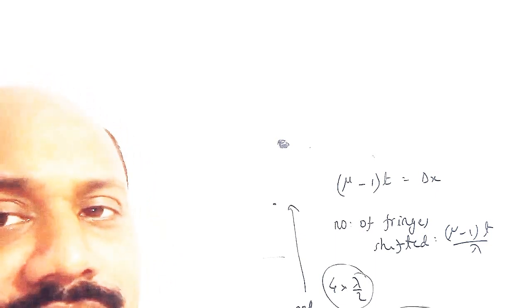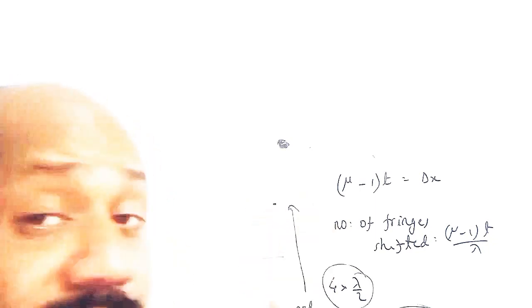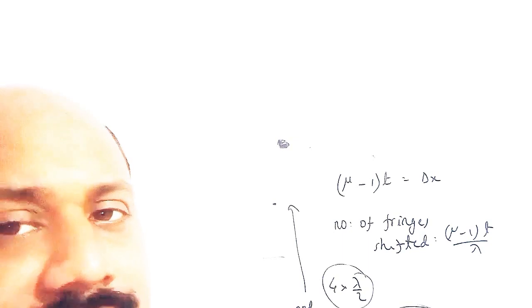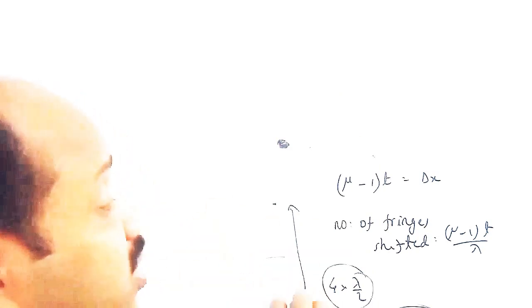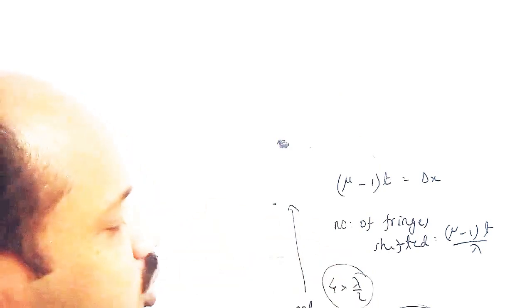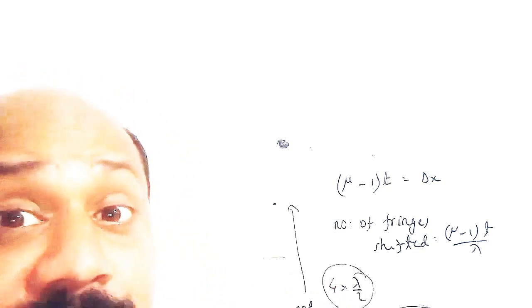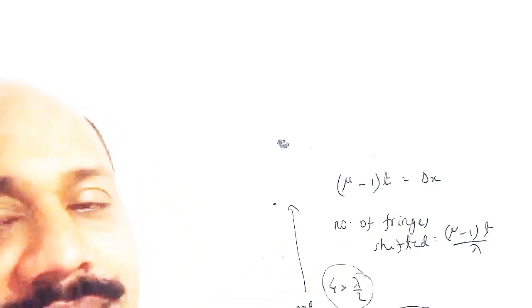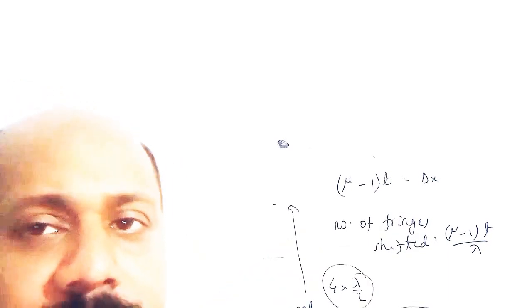But look, 4 pi is somewhat near that. The only choice that is less than this one is pi by 3. 7 pi by 2 is less than that, but second order is just above. They already said that second order shifted just above. Then the path difference should be at least 2 lambda or something like that. Therefore, the better option is pi by 3, the first one. Yes. Okay.